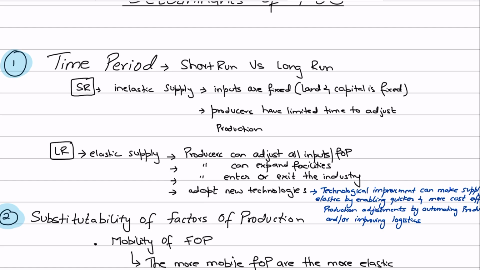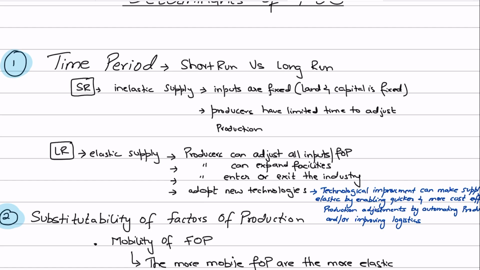When we talk about the short run, guys, the short run is a time period where your factors of production and inputs are fixed, and the only factor that is variable, or that could be easily increased, is labor. Firms could easily increase labor, but that's it. We assume that they could easily increase labor, but at times not every firm could easily increase labor as well, right? As far as the fixed factors are concerned, your land and capital are fixed, and that acts as a production barrier because it limits the extent to which, and the easiness and quickness with which, you can increase production.